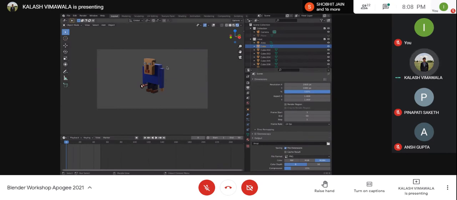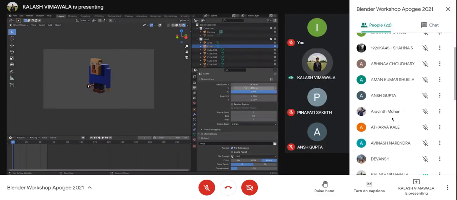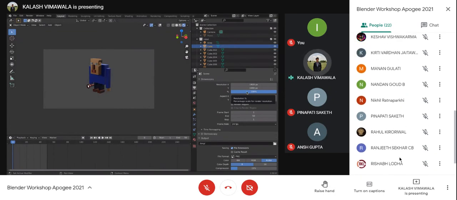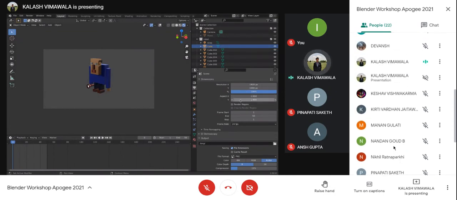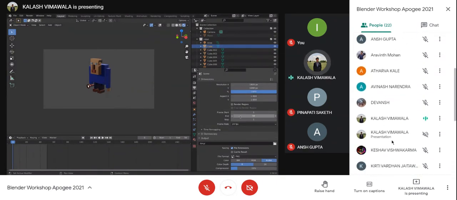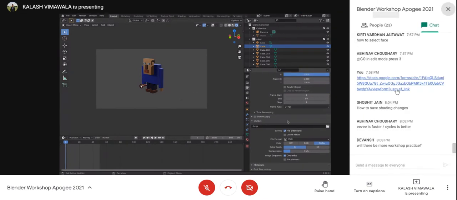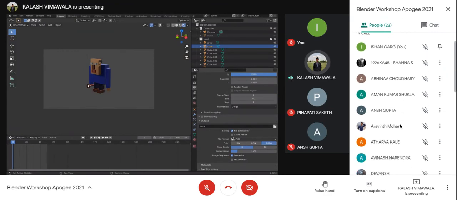Finally, what matters is your final output and how it will look, right? If you change from the camera icon to the printer icon, you'll get different options over here. Resolution X, resolution Y. The percent actually gives you compression. Aspect is the aspect ratio, 1:1. Render region, all of this is not really important. Frame start and frame end matter in case you're rendering an animation: what part of the animation would you actually be rendering? That is a completely different thing which can be used during animations.